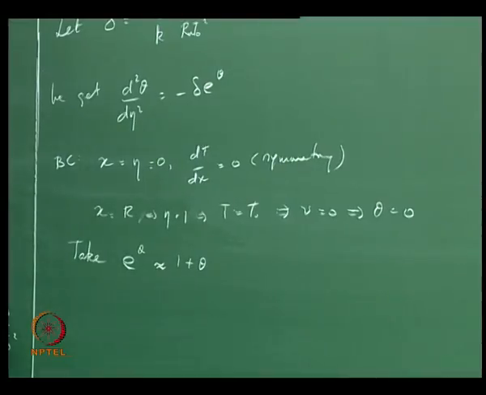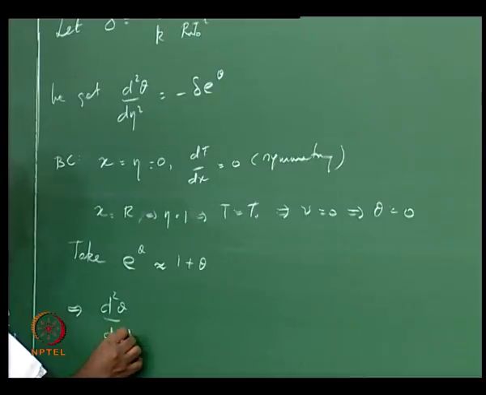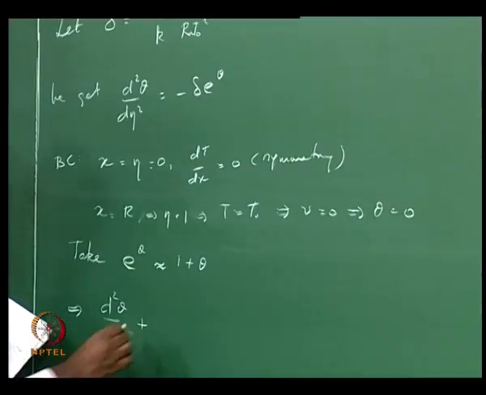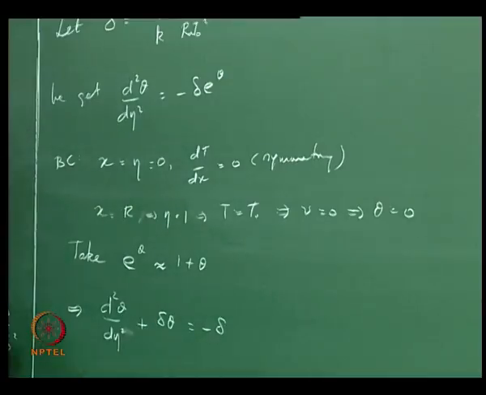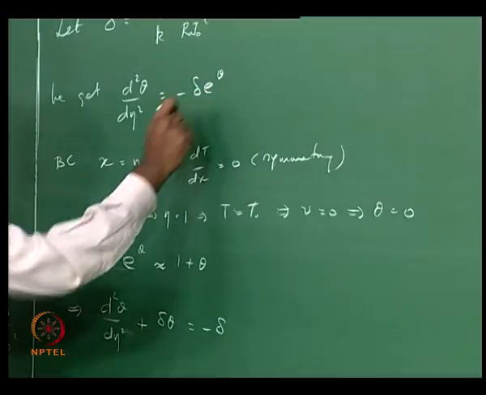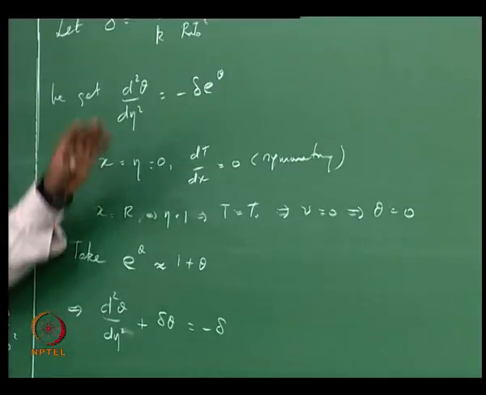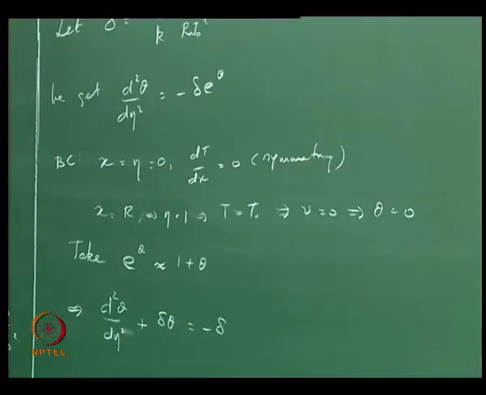What this means is d squared theta divided by d eta squared plus delta theta equals minus delta. So you just go back and plug e to the theta as 1 plus theta in this, expand out and take the term with the theta to the left hand side, so that you have a differential equation that looks a lot more familiar when compared to what we have been having, and therefore